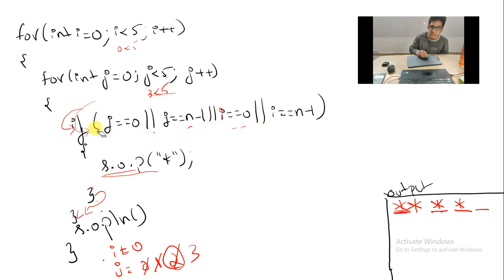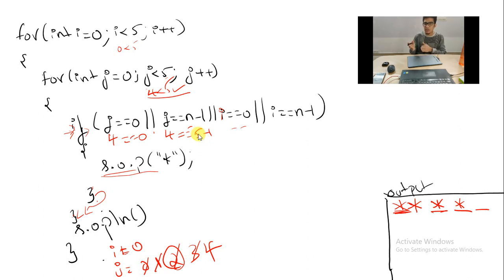And when your j increments, watch here, this is important. Your j becomes 4. You will check the condition, that is, is 4 less than 5? Yes, 4 is less than 5. If the condition is true, execute the if condition. What's the j value now? 4. Is 4 equal to 0? No. What's the j value? 4. Is 4 equal to 5 minus 1? Yes. 5 minus 1 is 4. So 4 is equal to 4. Condition is true. Star will get printed. Right?